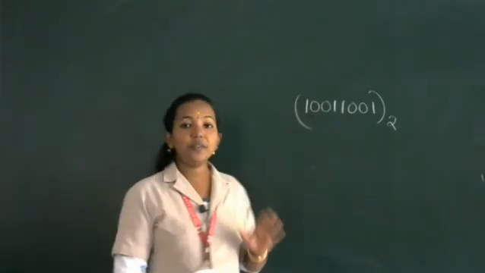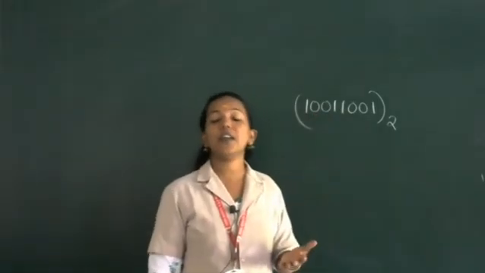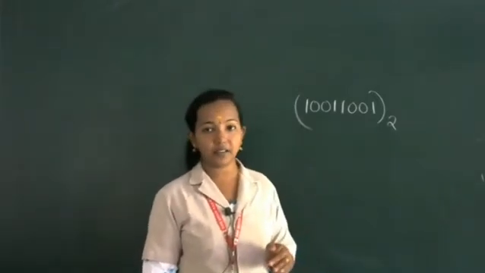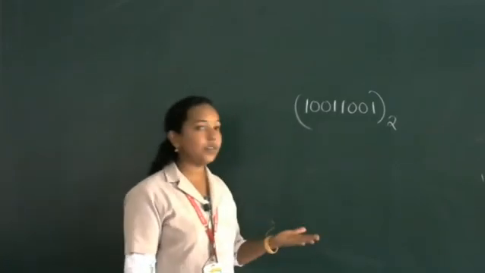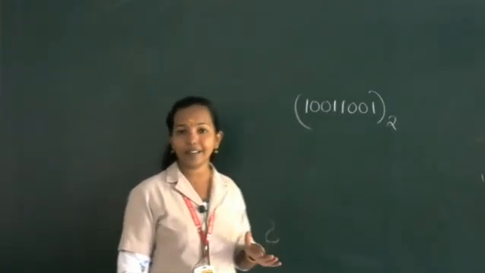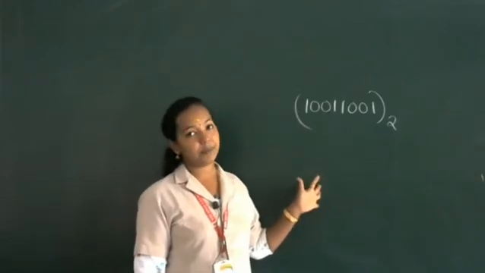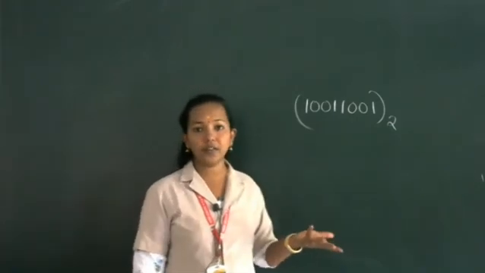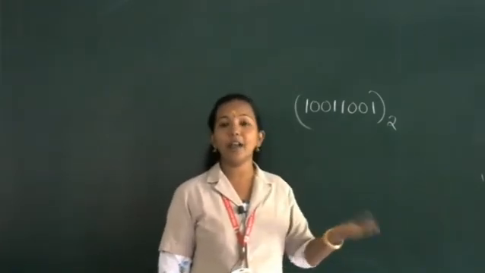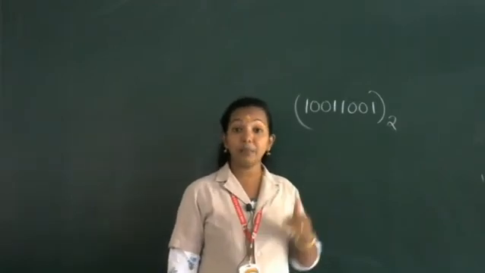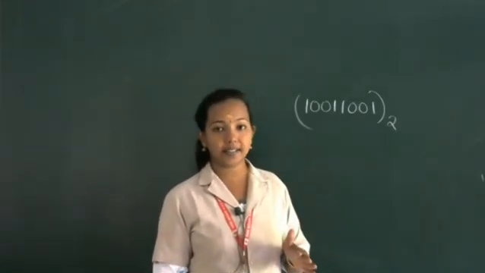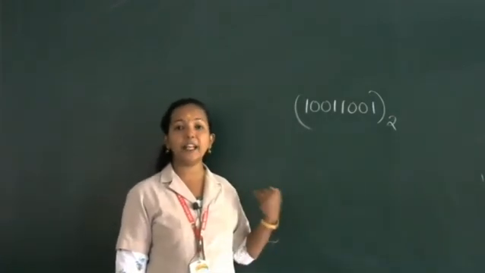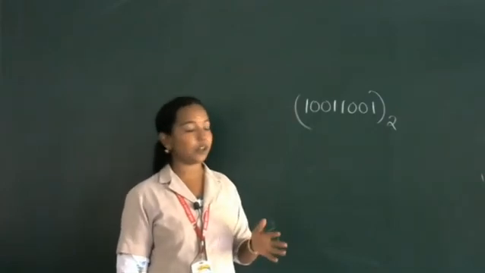Then, do you know what is meant by sign magnitude, for what purpose we are using it? For converting an integer number into binary, we use sign magnitude representation. If we are converting a decimal number into binary, then we can easily convert it. You know how to convert decimal into binary: by continuous division by the base value and then grouping the remainders. Continuously dividing by base 2 and then grouping the remainders, that is what we are using.